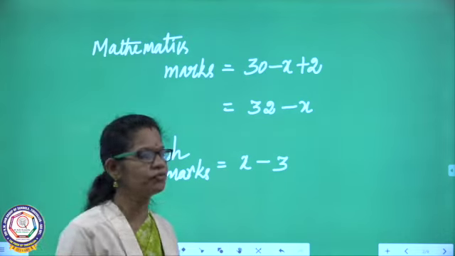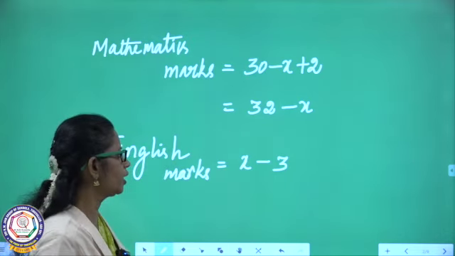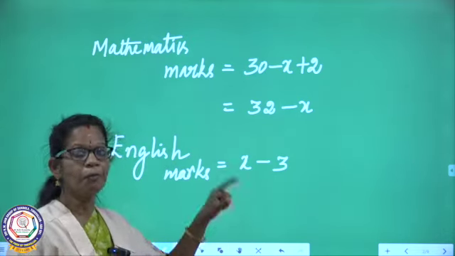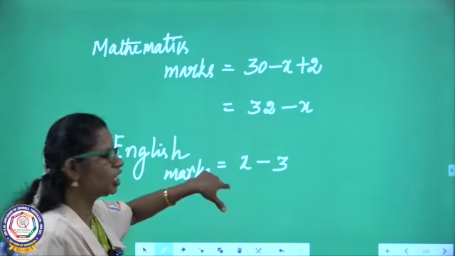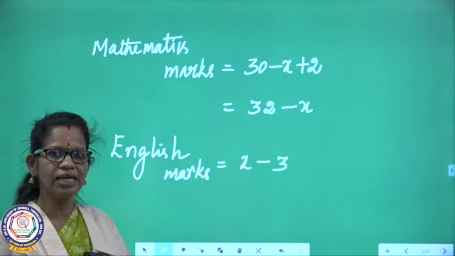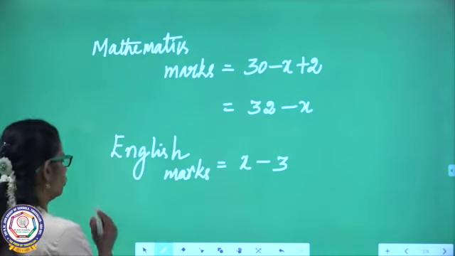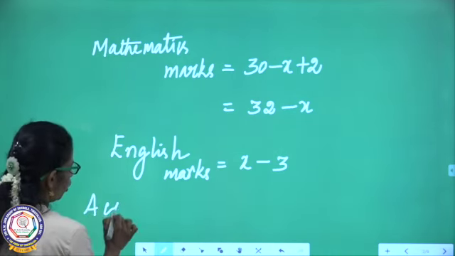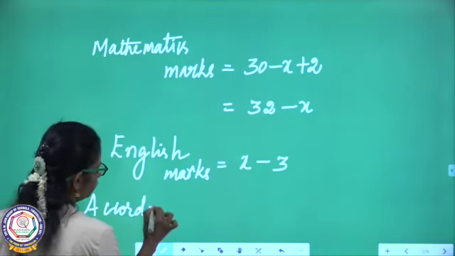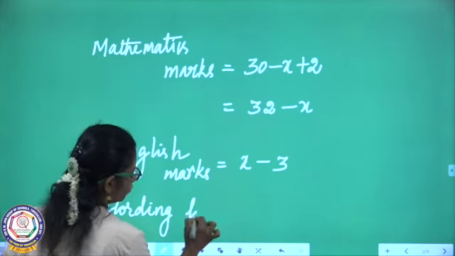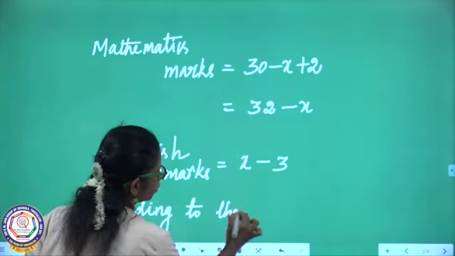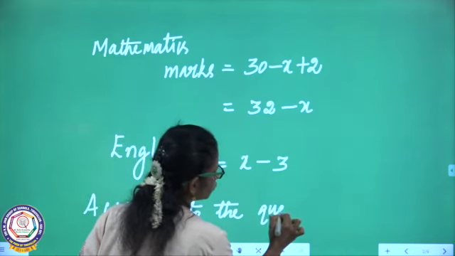The product of their marks. This is the mathematics mark. This is the English mark. Product means mathematics into English. Mathematics into English, how are you going to write? You see, according to the question,